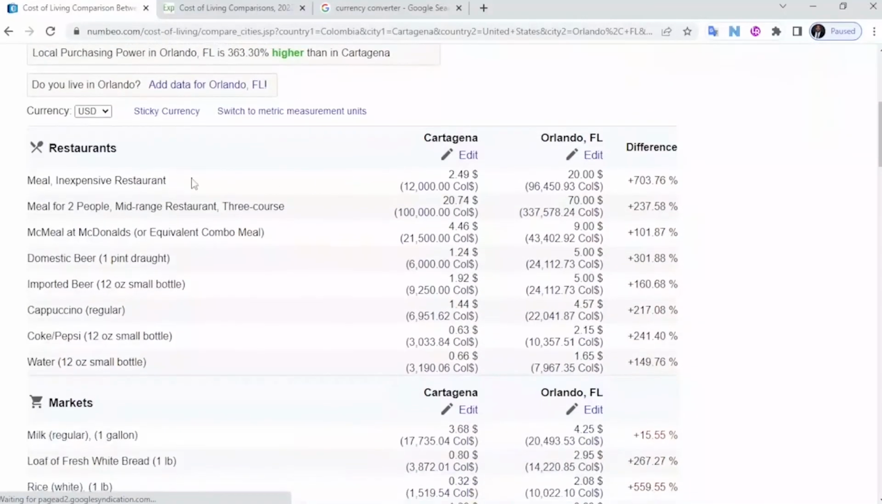And then it goes into breaking down the cost for restaurants, an inexpensive restaurant versus living in Cartagena. Like this is $2.49 versus $20. And I believe this is for one person. Yeah, because the next one says 2 people. This is 2 people, and you can see there's a big difference in how big that percentage